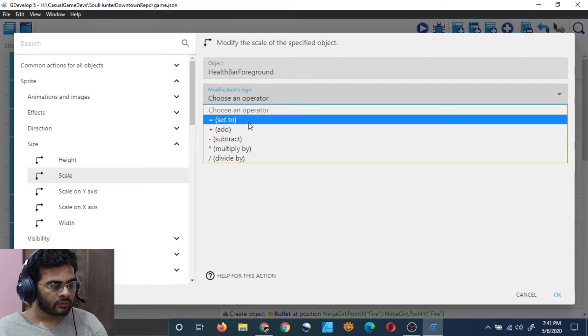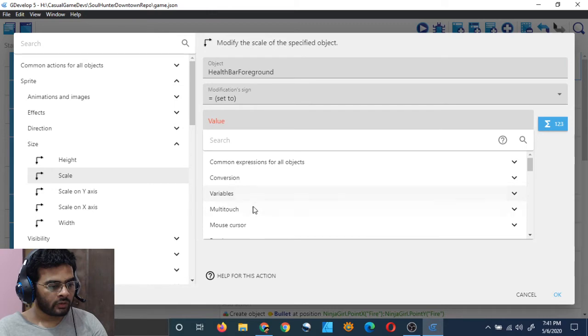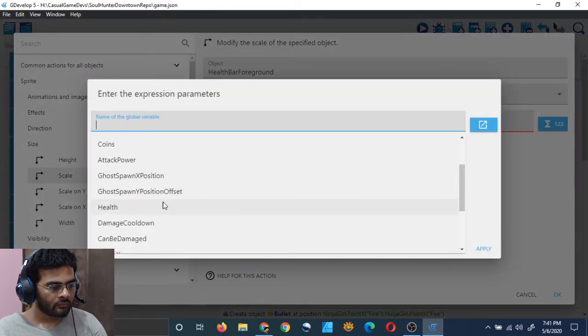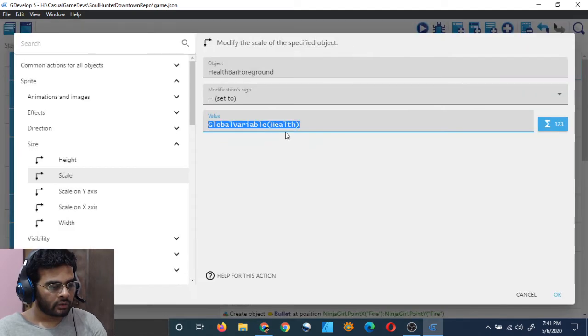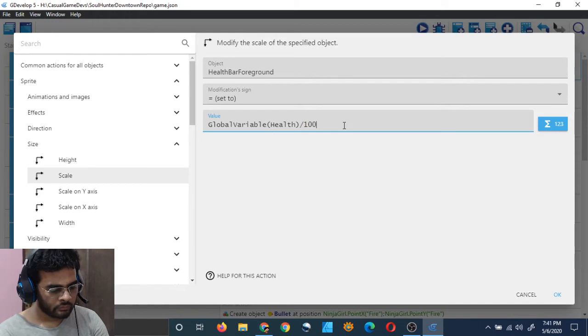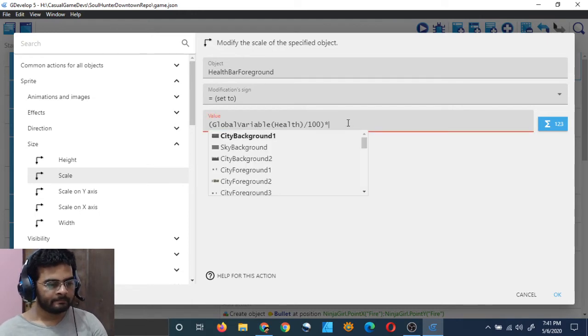Choose an operator equal to global variable, which is health, apply. Okay, yeah, and divided by 100, which should be in brackets, and multiplied by 512.